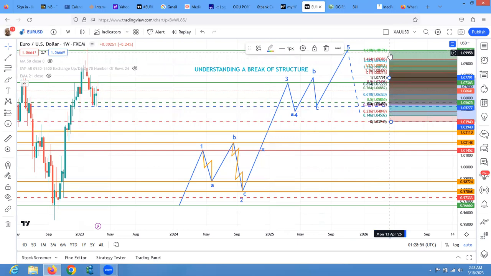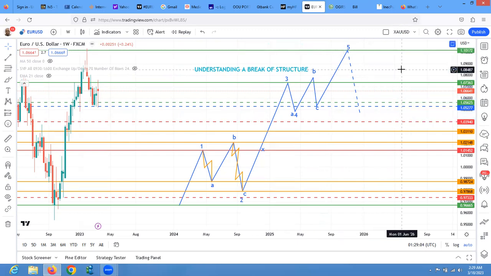Oftentimes, we don't expect price to break 161.8 if it's with 5, which is exactly where we have it now. So we must understand how structure runs. Now, of course, 5 also will run in 5 waves and all of that. Some people might even take this one as the first of 5, second of 5, and the 5. 5 can just go as a simple, you know, like what they call it, like an impulse. It can just go like an impulse, and it will end there, and they will change direction.